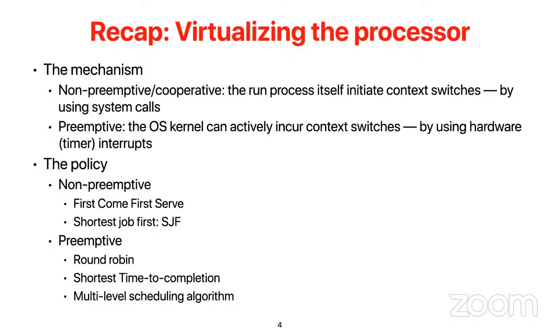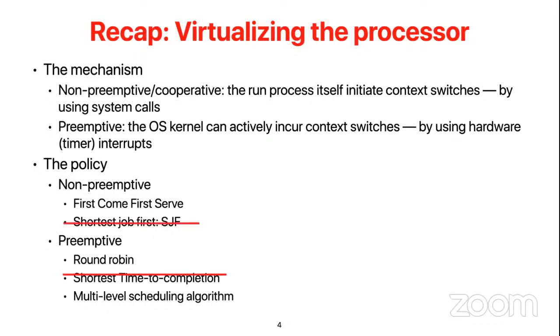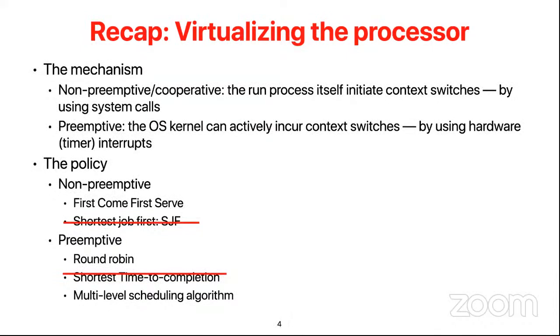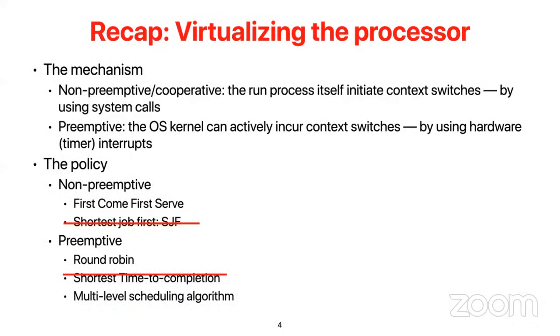And in the past, in your undergrad operating system course, you spent a lot of time learning a lot of scheduling policies. However, we also told you that those policies, like the non-preemptive one, shortest job first, the professor always tells you this is the best, but it doesn't work out. Preemptive one, shortest time to completion. We also say this will give you the best turnaround time, but it turns out that it's also not practical. So the practical ones, first come first serve or round robin, they all have their issues.